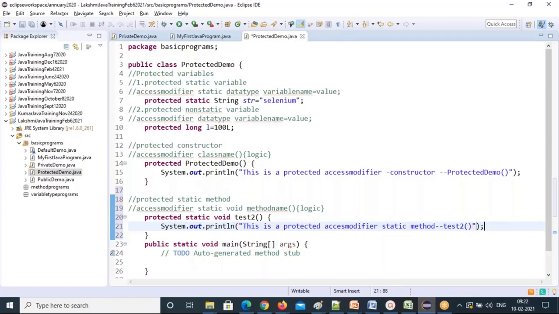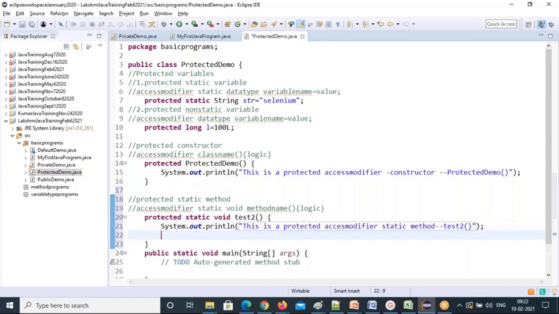Okay, so that static data you can use. For example, I want to find the length of this string, how many characters are there. There is a String class, and inside it there is a direct method you can use: the length method. It returns integer type data, so I'll write a return type method here.